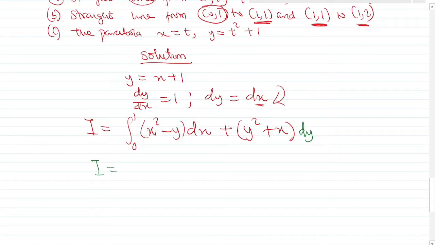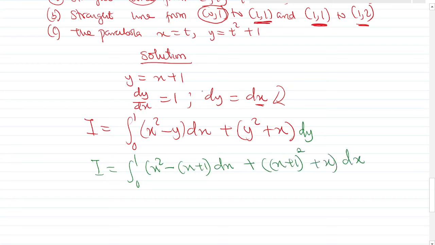So I equals the integral from 0 to 1 of x squared minus, now y is already x plus 1, so we replace y with x plus 1, dx, plus, now y is x plus 1, so replace y with (x plus 1) squared plus x dy. Because dy is equal to dx, and we want all of them in the form of x, we replace dy with dx. Now we have I equals the integral from 0 to 1 of x squared minus (x plus 1), sorry, minus x minus 1, because you use the minus to open these brackets, and then you have dx, then plus